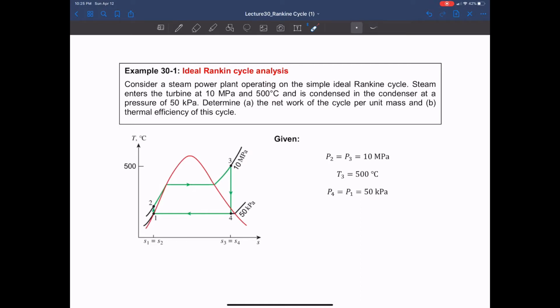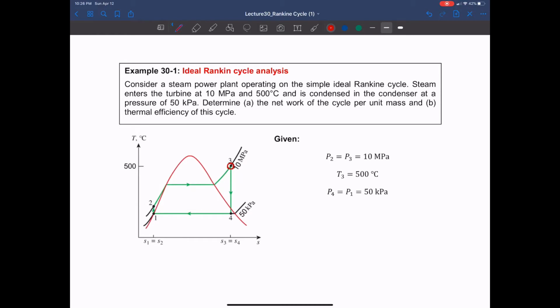Okay, and now here we go. We have the T-S diagram. We have the high pressure line at 10 megapascal and the low pressure line at 50 kilopascal. And now we assume that we start the first state from the saturated liquid at 50 kilopascal, and we have pump, heat addition, expansion, and condenser. So if you look at the given condition, we know